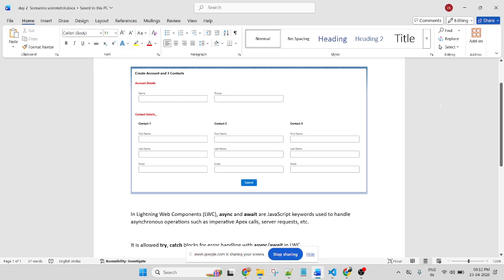I know there are so many developers working hard. They know Apex class controller, they know JavaScript. But whenever a LWC component is assigned, they are not able to work on it. This is also another task. Some have 4 or 5 years of experience, but they're not able to create a component or create multiple forms in a single component. This is a complex task for the day. So learn how I create a component, and how I create multiple forms in a single component.